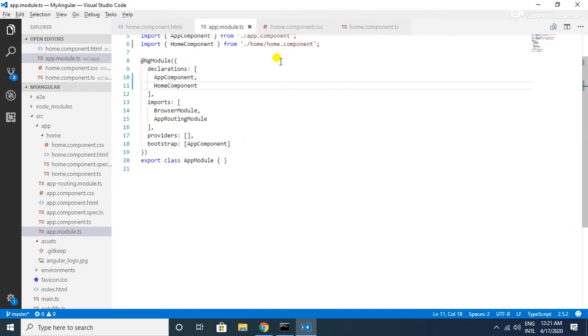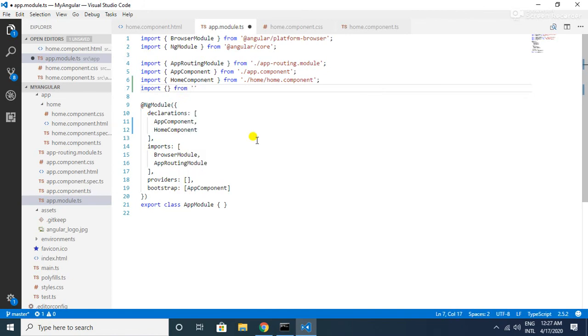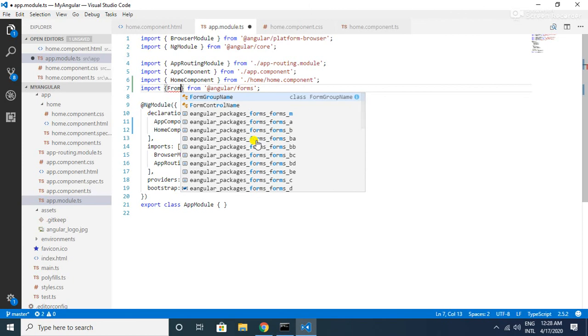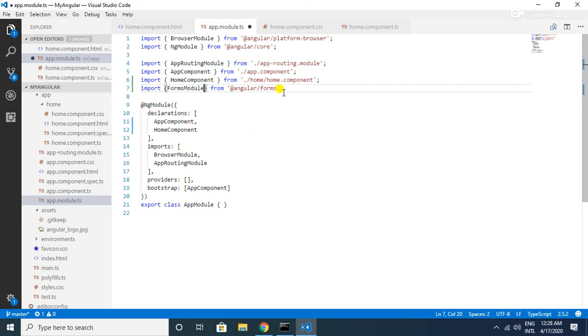file. To do that, we just have to import FormsModule from @angular/forms, and this module should be added to the imports array of your app module.